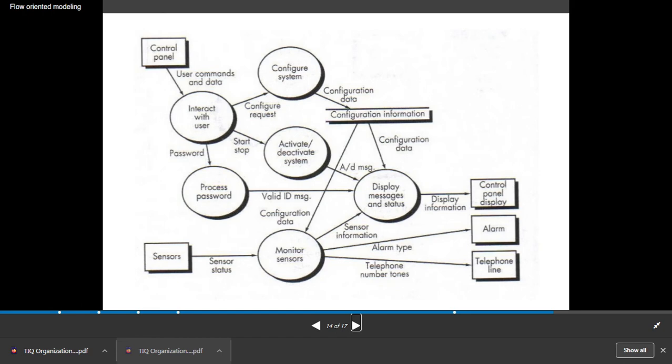and they give the password to enter the system. They process the password, they validate the password. If it is okay, it is allowed to display the messages and the status. If it is not valid, again the password is asked for. So interaction by the password is explained in the first level, and then once it interacts with the user,